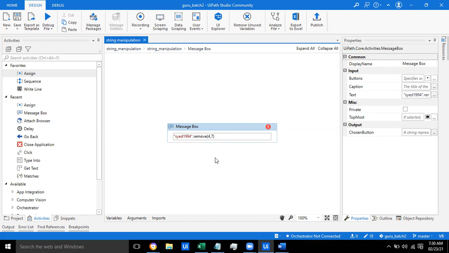So from 4, how many characters do I want to remove? 1, 2, 3, 4, right? Then why are you giving it as 7? We got confused with substring. Sorry. Okay, 4 and 4.